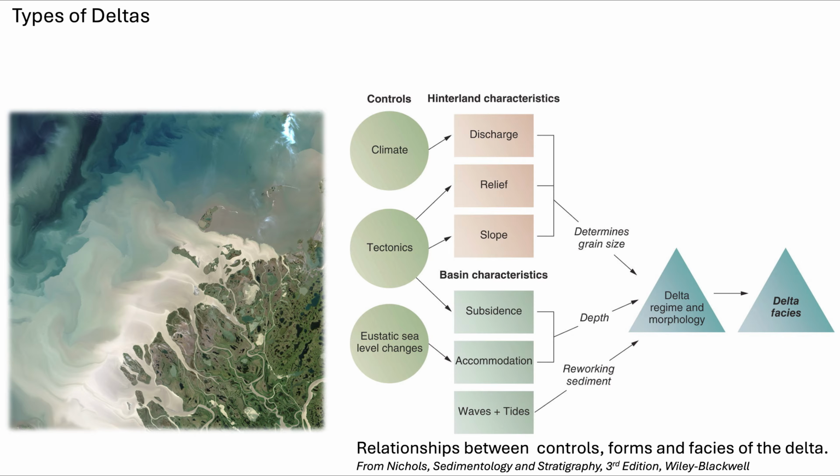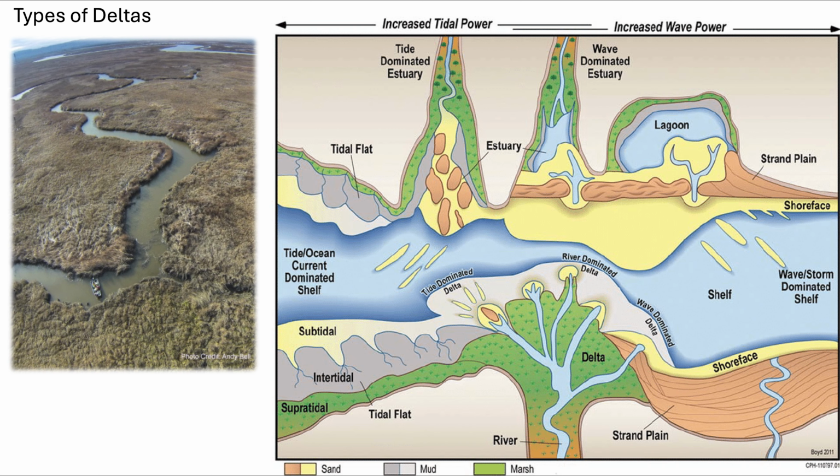The relative importance of processes that rework the sediment in the basin is controlled by climatic and geomorphological factors, with tidal range determined by the local shape of the basin, while wave activity is influenced by climate and the size of the water body. Water depth is another variable used to classify deltas. Water depth in the basin is important because it influences the effects of wave and tidal processes as well as the geometry of the delta body. If a delta is building out into shallow water, it will spread further out into the basin than if the